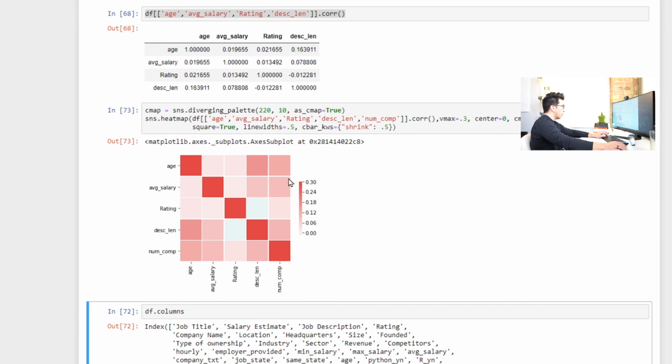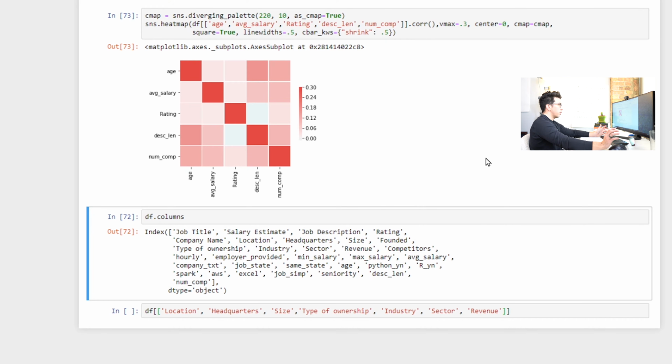So it looks like older companies have more competition, which is interesting and somewhat intuitive. Also, the description length is generally longer for companies that have more competition. So that's interesting. Maybe they have to explain why they differentiate a little bit more. We can go into the whys later, but it's kind of fun to think and brainstorm about what could make some of these things happen. So revenue,